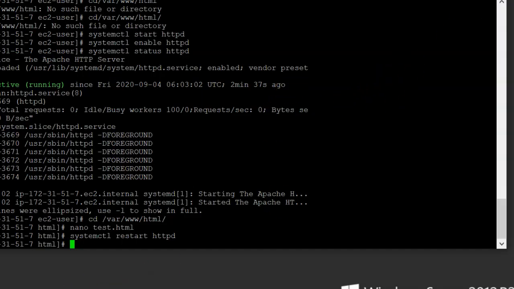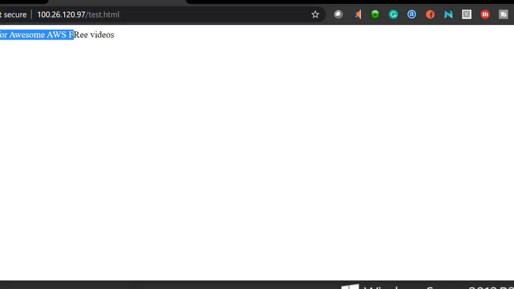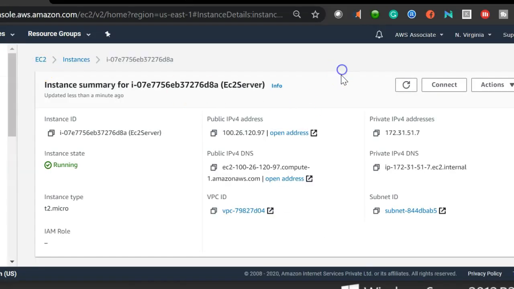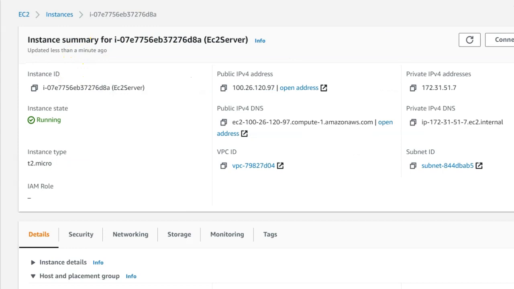Now let's go to the management console here, and we are going to add the elastic IP address to your EC2 instance. So basically, to use an elastic IP address, you need to allocate one to your account and then associate it with your instance or a network interface card.